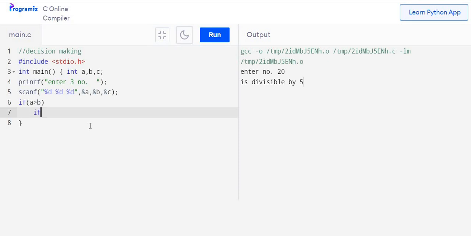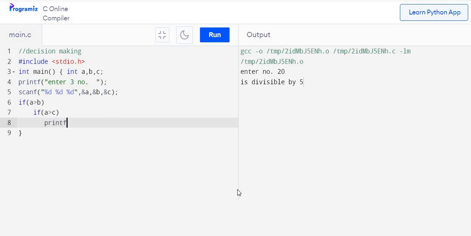So check if A is greater than C. If this condition is also true, that means A is the bigger number.